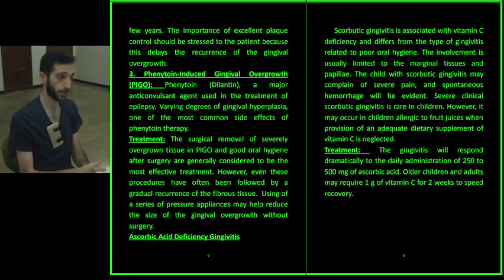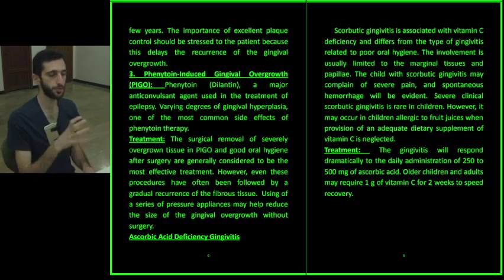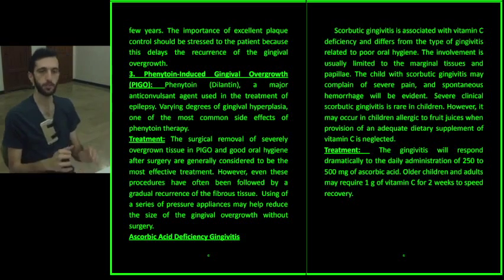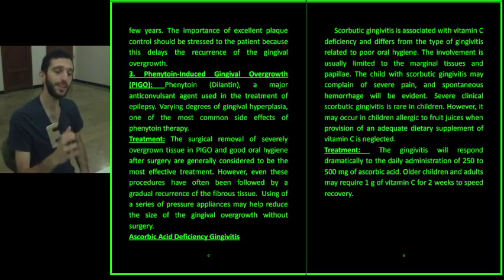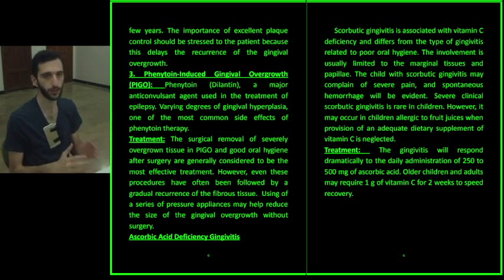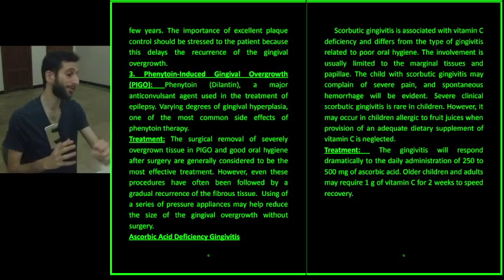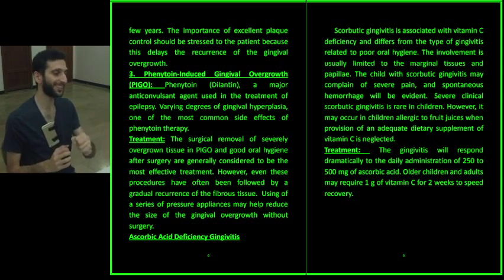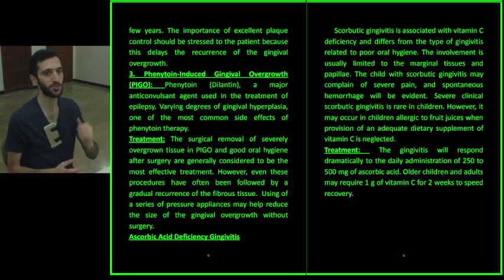Another systemic factor that affects the gingiva is phenytoin-induced gingival overgrowth, PIGO. Dilantin, or phenytoin, is a major anticonvulsant agent used in treatment of epilepsy. Varying degrees of gingival hyperplasia are one of the most common side effects of phenytoin therapy. So one of the most common side effects of phenytoin, Dilantin, is induced gingival overgrowth or hyperplasia with varying